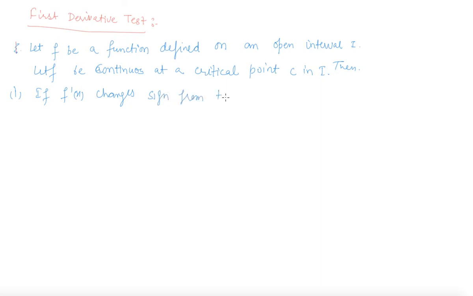from positive to negative as x increases through c, that is, if f dash x is greater than 0 at every point sufficiently close to